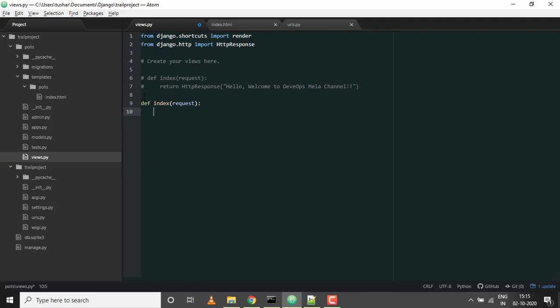Render takes multiple parameters, so let's see how it works. We return render, passing the request inside it, which is whatever the user requested, and then the response, which is my HTML page. To define the template HTML page here, you should have the application name, polls, followed by your HTML page, that's index.html. This is the way you can pass HTML information in your views.py. It's a simple view that we have defined.